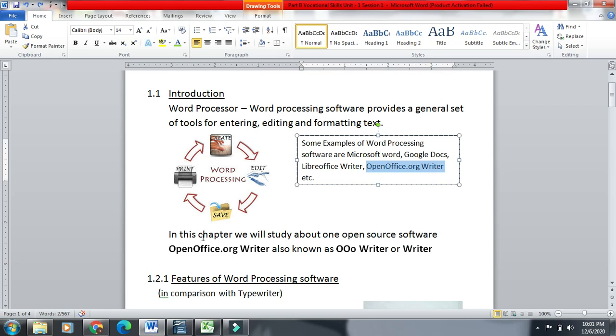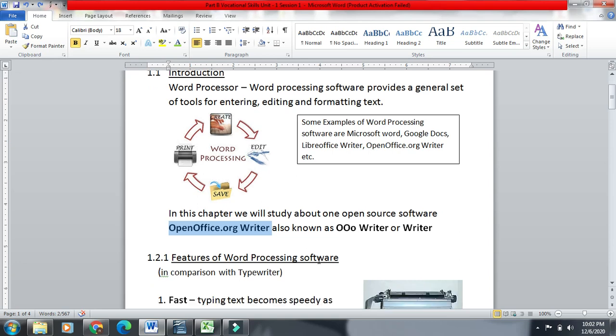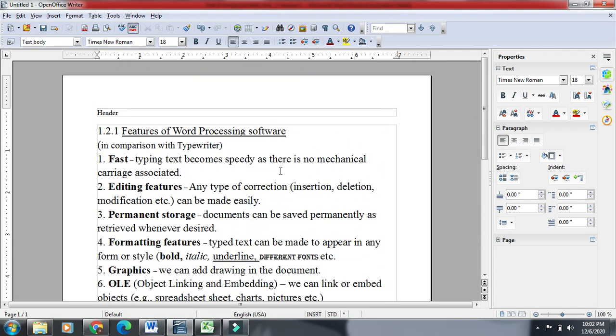So in this chapter we will study one open source software, openoffice.org Writer, also known as OOO Writer, Triple O Writer, or Writer, or simply Writer. So this is the software which we are going to study in this session.